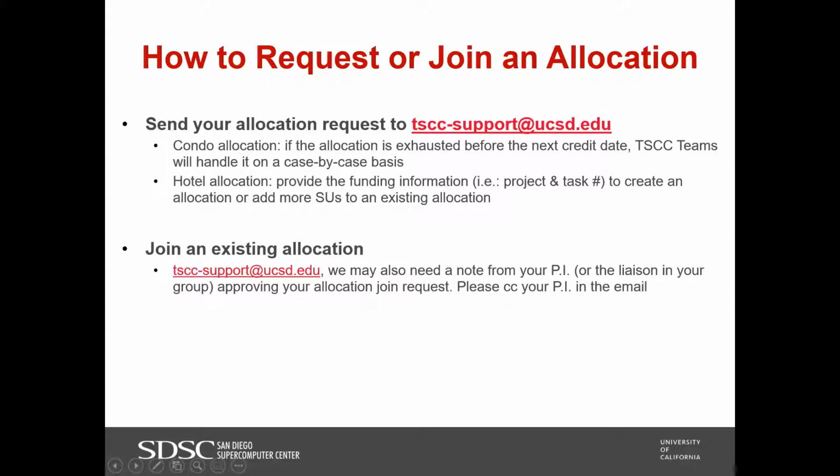To request or join an allocation, you can send your allocation request to us, and we will handle it and add the SUs to your allocation once we finish any necessary steps or procedures.